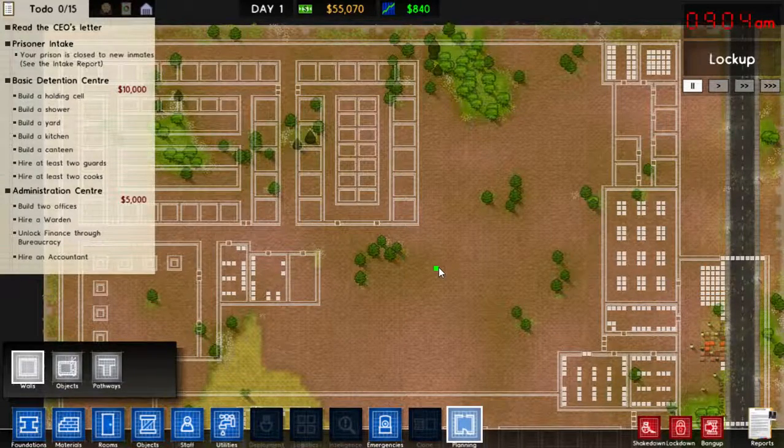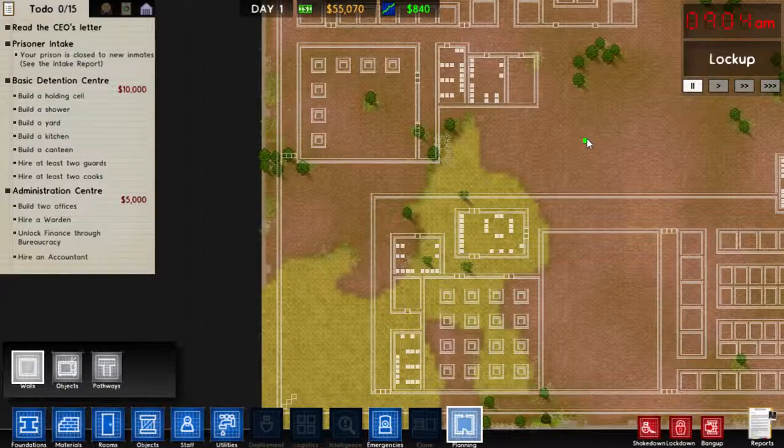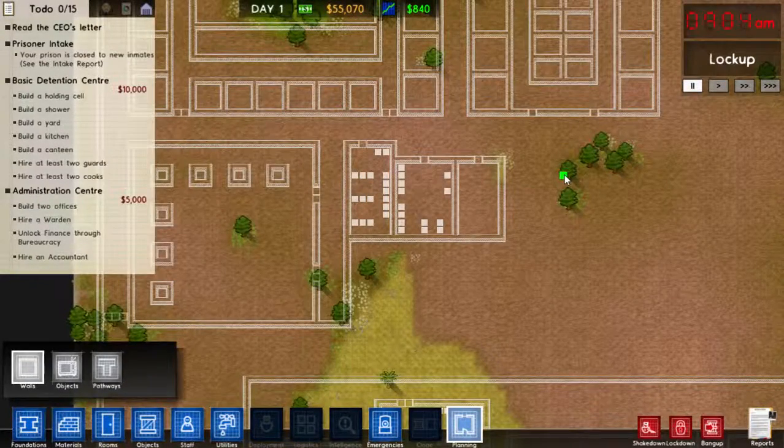So much planning, so much planning. I need... so much planning. Alright. So I still need security up here. Alright. And the yard... It wouldn't be horrible to put the yard here, since all the work stuff is up there, but it also works here. And if I'm making it a secure yard anyway,